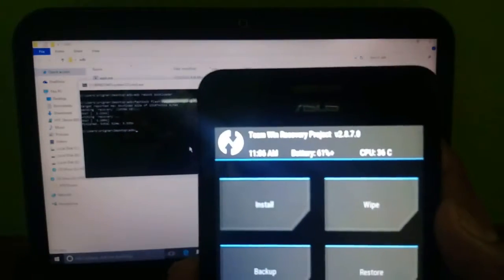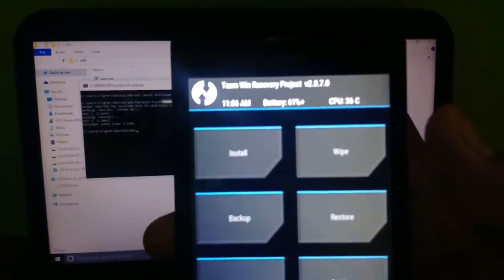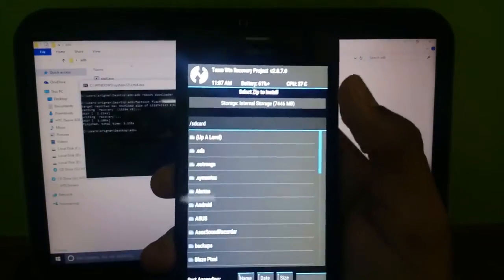So guys, now we are in the TWRP mode version 2.8.7.0. Click on the install option.